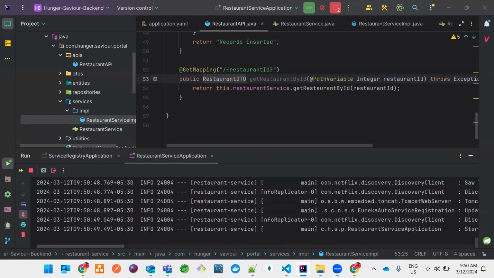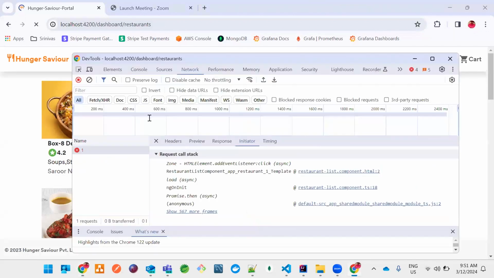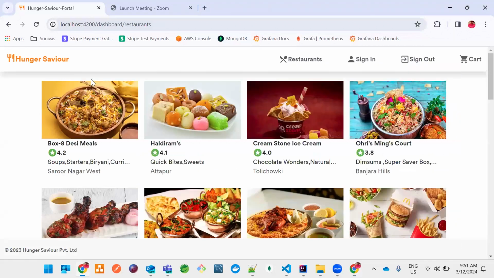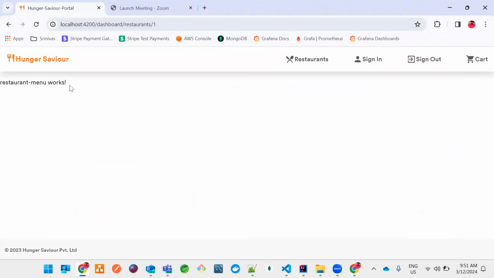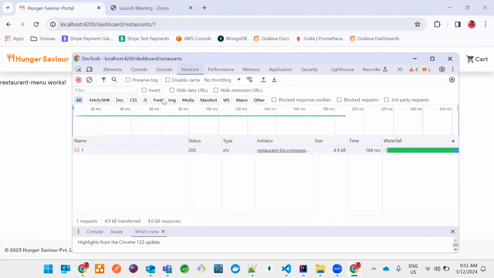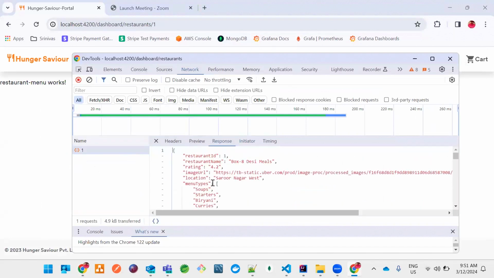Okay, so now what I will just do, I'll just go to the restaurants. Can you see this? The restaurant menu works, but let me see the network call. So we got a 200 request, and this is the response that we are going to get. So we are actually getting the restaurant,